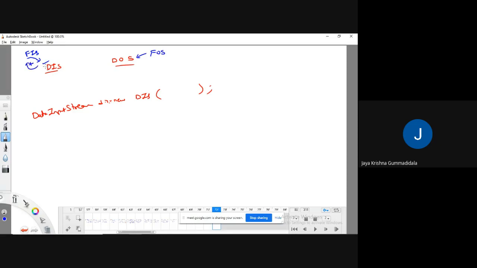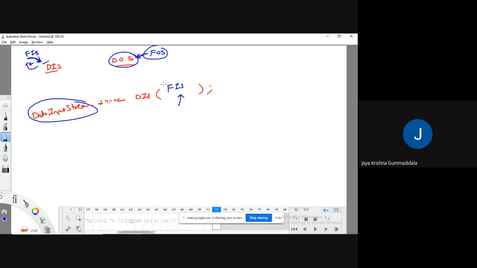So that is the reason the data input stream class or data output stream class takes the help of the file input stream class, and data output stream takes the help of the file output stream class. So every time you need to pass file input stream here. If you are creating the object for data output stream, you have to pass file output stream.